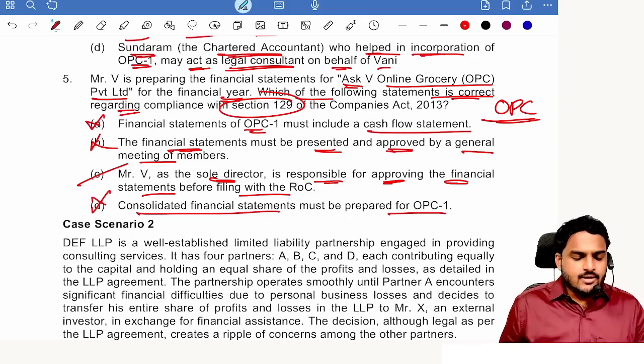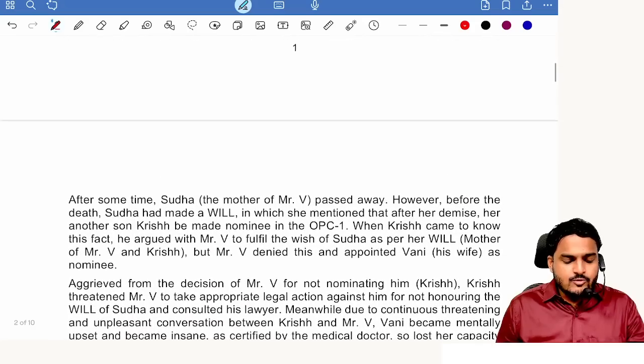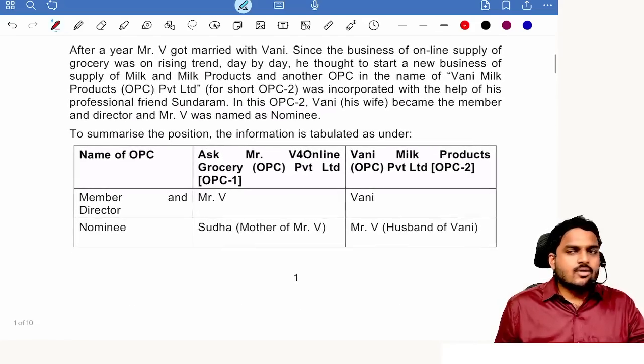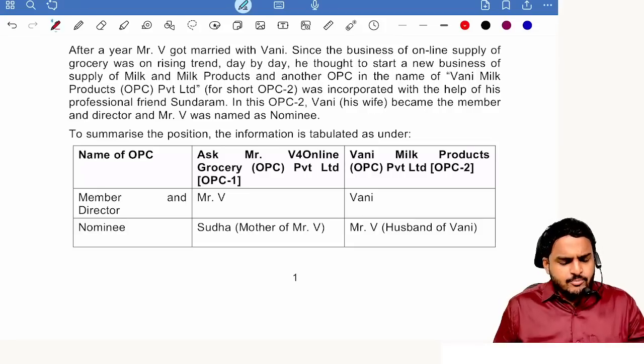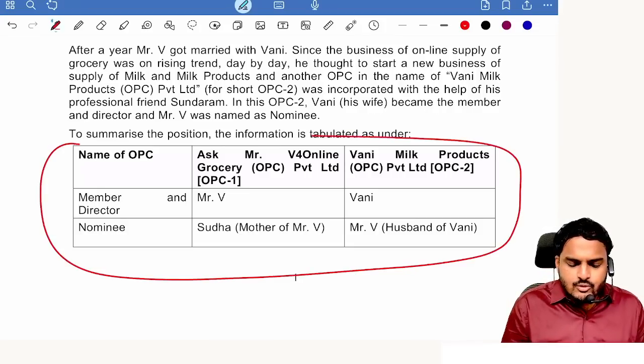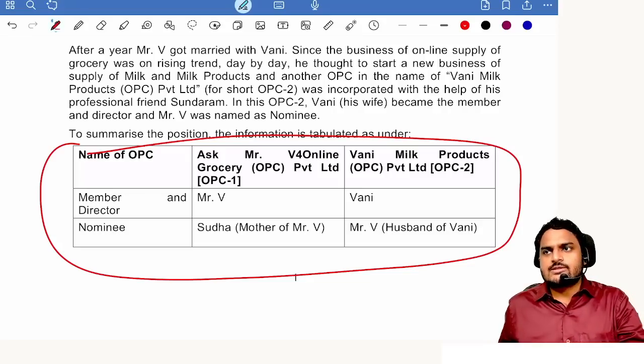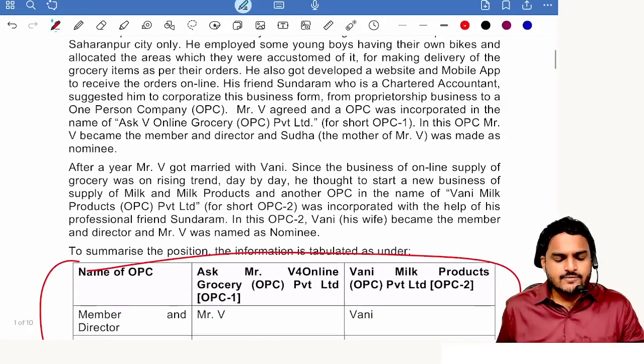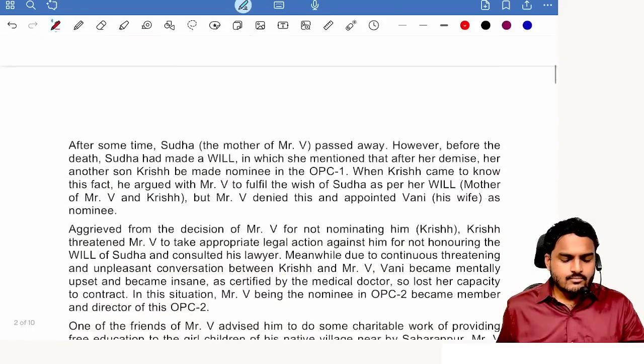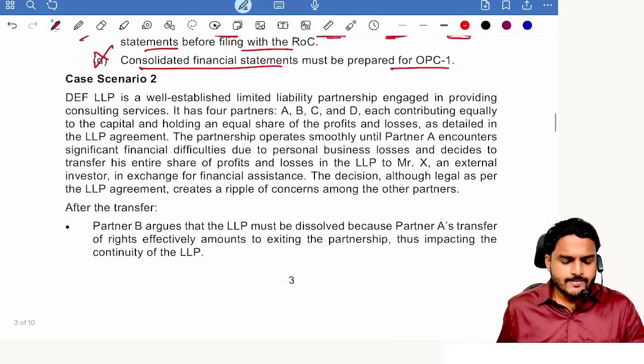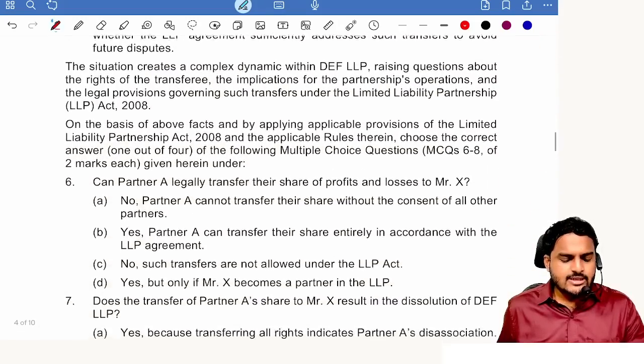Without reading the scenario, 5 questions we answered. Okay. So can I proceed? This box, even if you look at this box, you can answer those questions also. Summary of the paragraph was given. Next, case scenario 2. Similarly, we'll see the MCQs first.